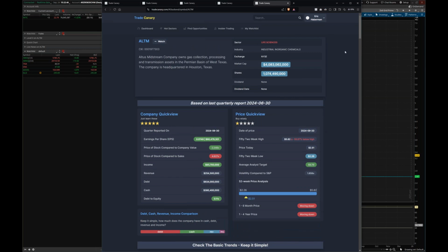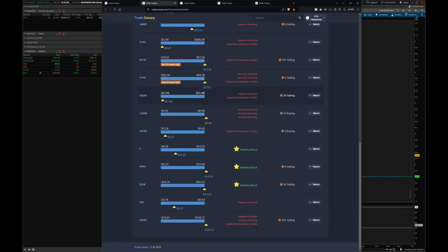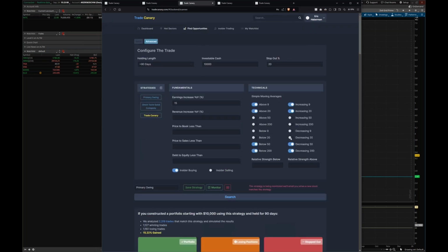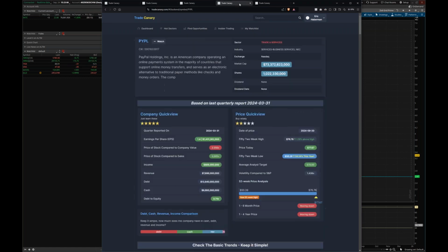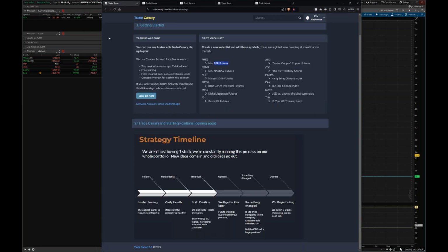It's idea generation, company health and Trade Canary, setting up your watch list. So we have that. We are circling the traffic cops around your stocks, and then using the Find Opportunities tool to set up a back test to test a strategy with real data, set it up for monitoring, looking through the idea generation that comes from that, and then executing the strategy that you're going to find on this training piece here. Okay,